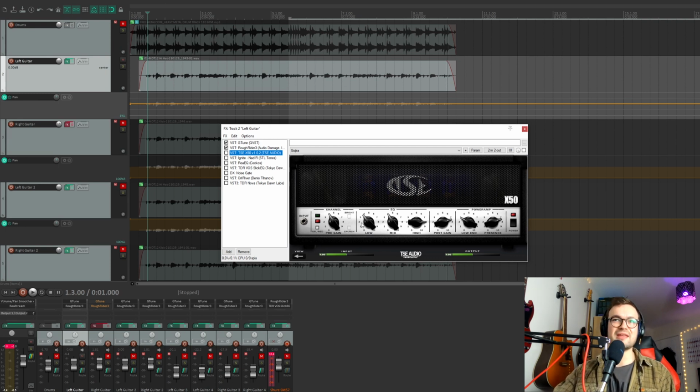So I've turned the low down anywhere from 3 to 5 in that case. Sounds really good for my guitar setup. This, again, will depend entirely on your guitar, the strings you're using, etc. So the mids, again, keep that anywhere from like 3 to 6, I'd say. And then the highs, this is where you want to boost the highs a bit more just to cut through the mix. So in this case, I've got it on 8, but anywhere from 6 to 9, I'd say, is